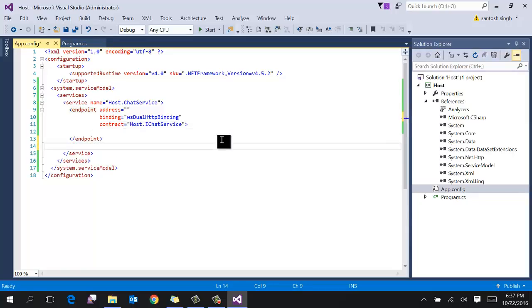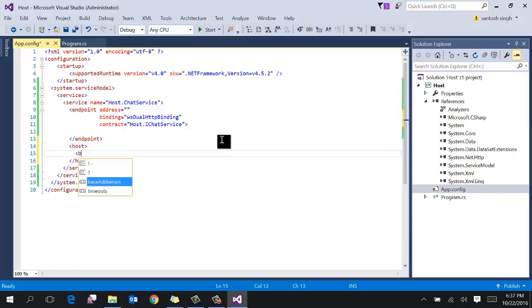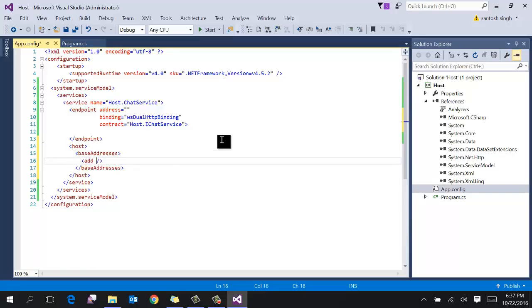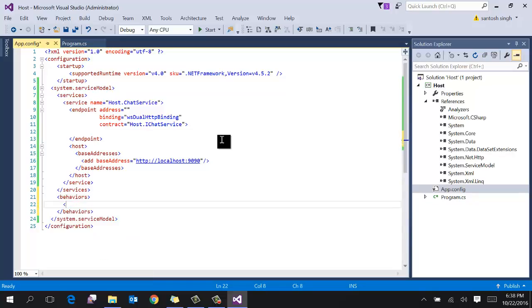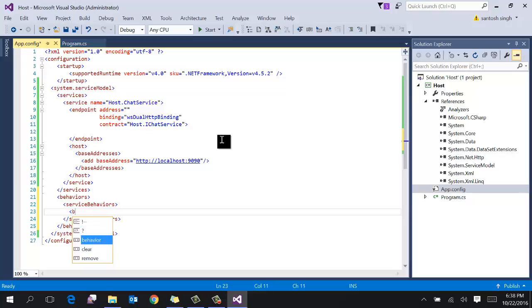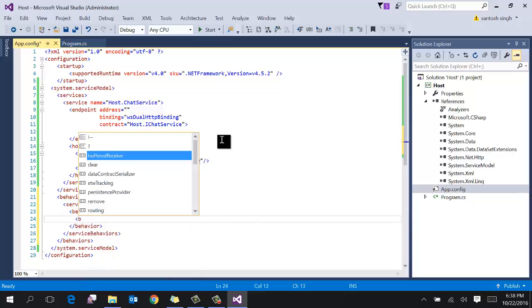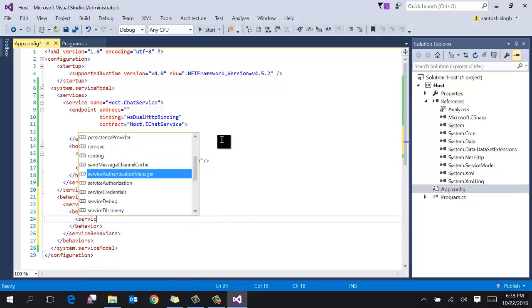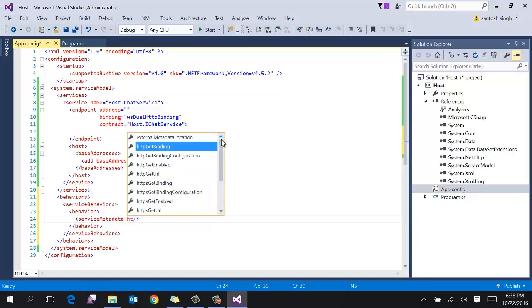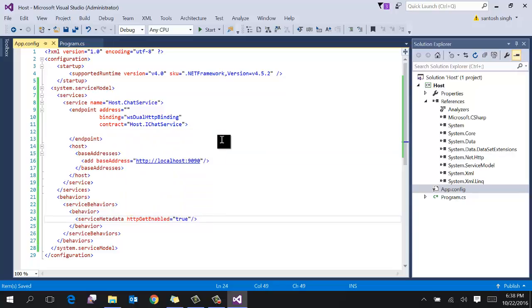Add one base address, localhost 9090. Configure the service behavior for exposing the metadata: serviceMetadata httpGetEnabled equal to true.